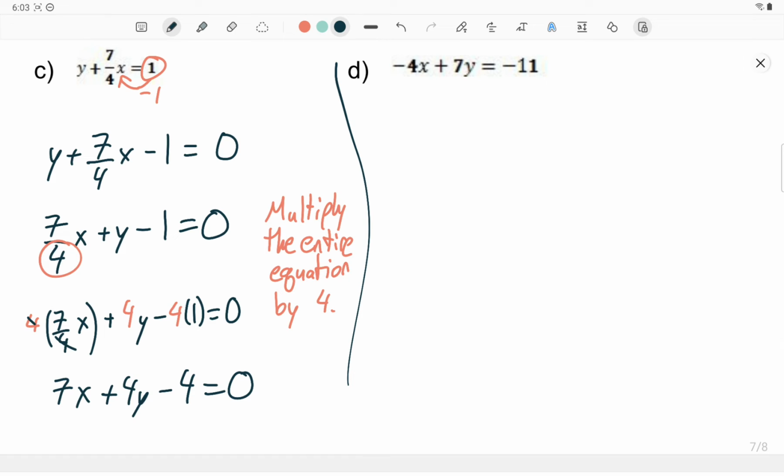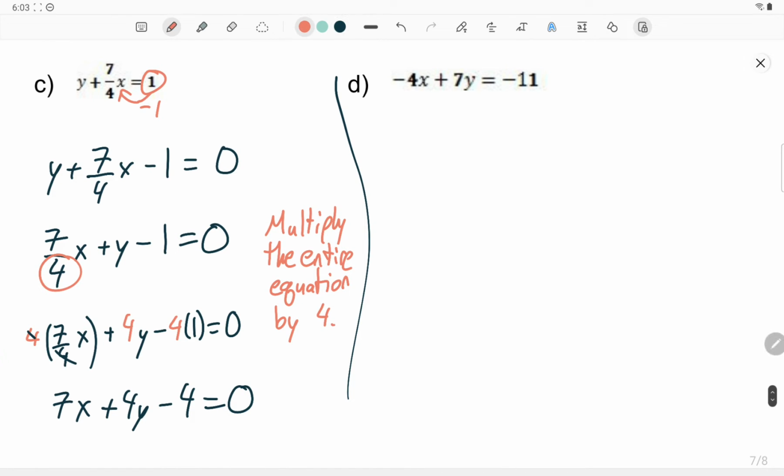All right. Let's take a look at this one. So in this one, we have negative 4x. So that's already a problem. Like we don't want negative x. We have it on the same side as y. So that's looking nice. And we have this negative 11. And there are alternate or different approaches sometimes to solving and converting these. What I'm going to do is let's move this negative 11 from the right side to the left. So if we want to move it over, we're going to add it to the left side, and that will get us to